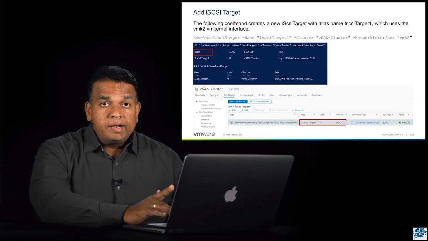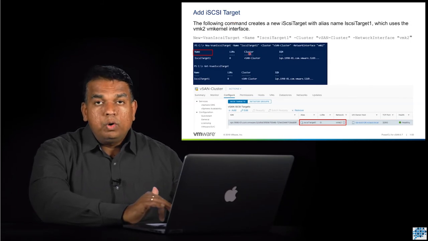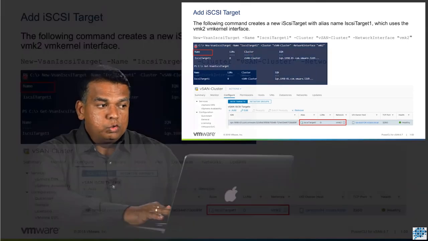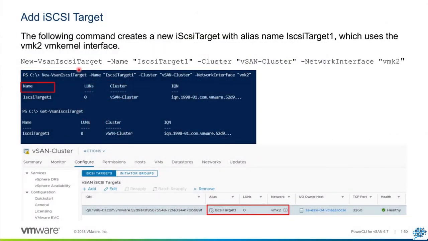Now we'll add an iSCSI target. To add an iSCSI target, we have another cmdlet which we are going to use, which is New-VsanIscsiTarget. The name is descriptive enough, and I'm providing a name for this target, which is iSCSI Target 1. This is entirely up to me what I want to name it. Then I'm specifying the parameter called Cluster, which is my vSAN cluster. I'm specifying the network interface as vmk2. This is all the information that is required to create the new